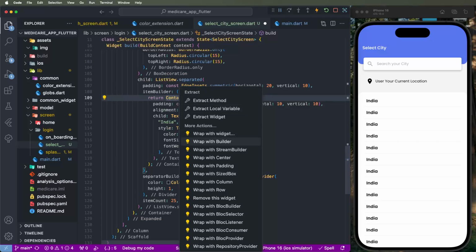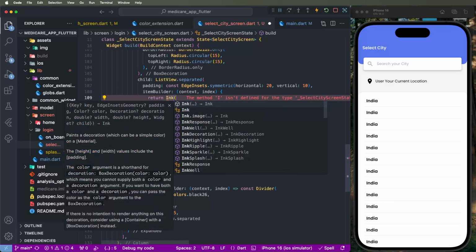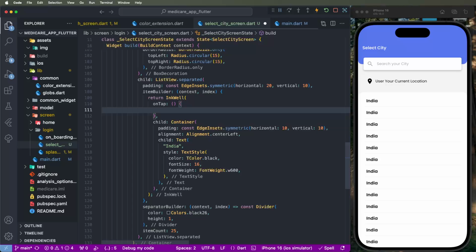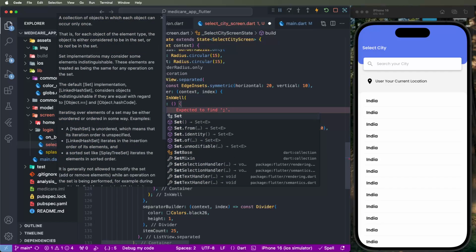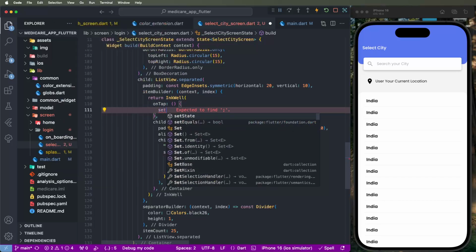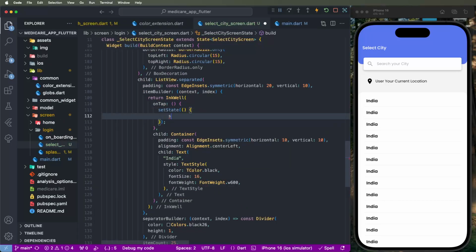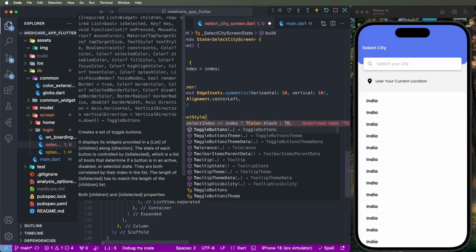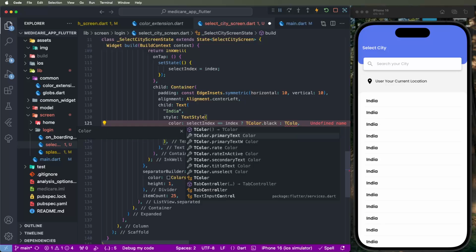first of all convert it into a button, write down the wrap widget, InkWell we need to set, and onTap event need to write down. For this event we need to set setState, and we need to write down selectedIndex is equal to index. Now we need to configure inside the selected events. First of all, making the UI we need selectedIndex equal to index, then set the black color, otherwise you need to set the placeholder color, we set like this configure this ternary condition, find out the color placeholder,